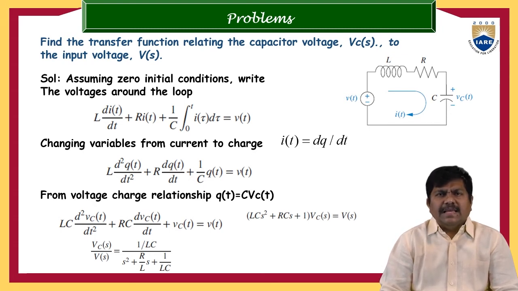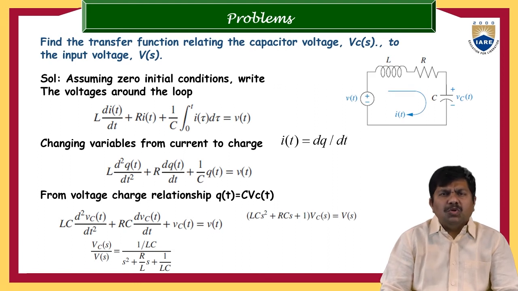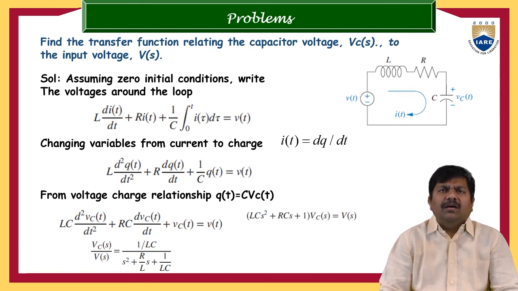Now, if you observe keenly, the given system is nothing but a series RLC circuit, excited with some supply voltage V of t. So V of t, L is there, R is there, and C is there. Let me assume the current through that series RLC circuit is I of t. The voltage is capable of driving I of t current through R, L and C, which are connected in series with the source.